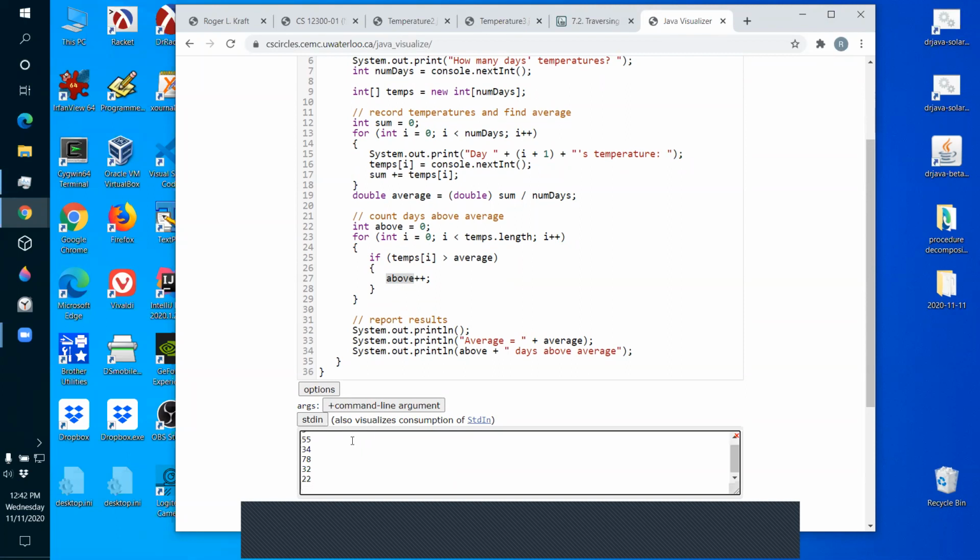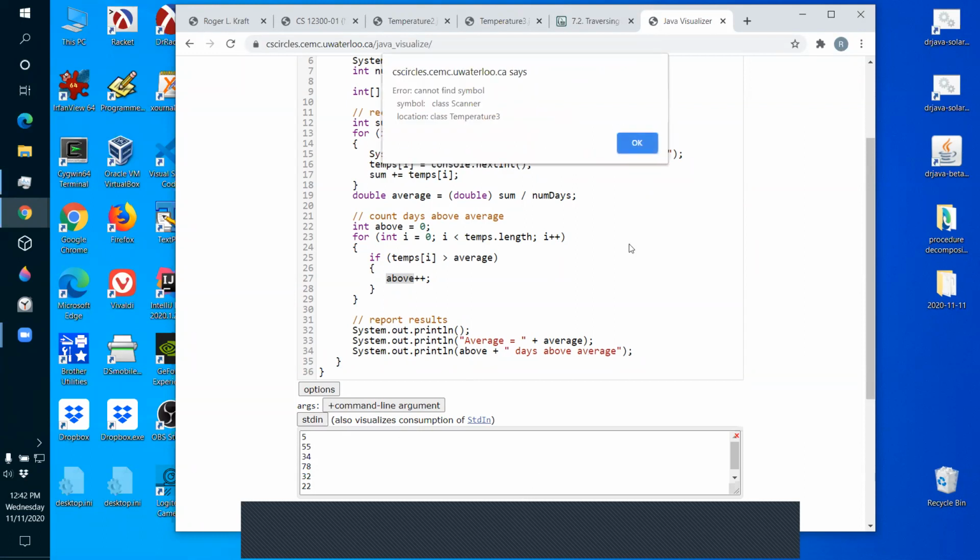I'll tell it there's going to be 5 temperatures: 1, 2, 2, 3, 4, 5. So I have to put those in this little box ahead of time. Then I can go visualize.